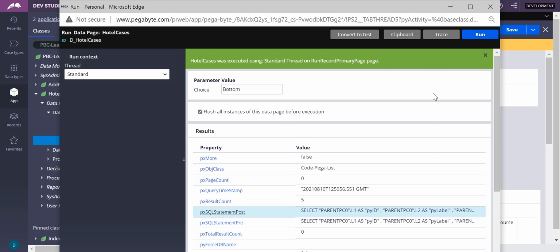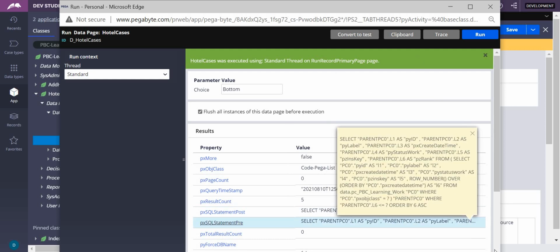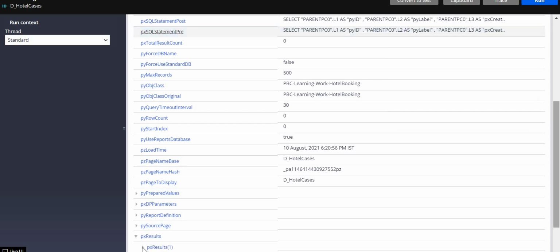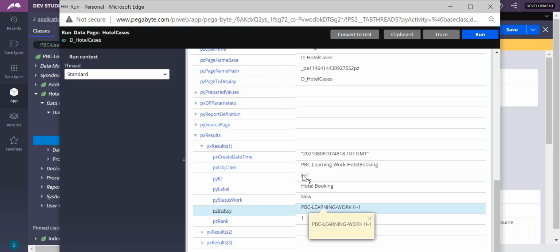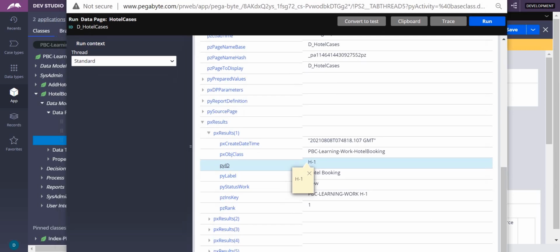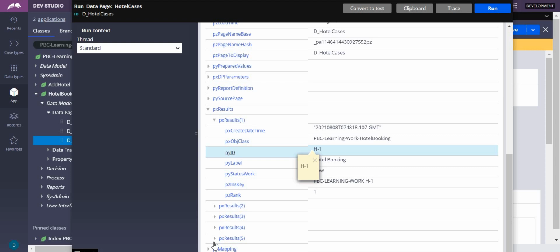But how do you know whether this is bottom 5 or top 5? Go back to px result. In px results you can see h1 has come first, because h1 is the first one which we created. So px results of 5 would be h5, the 5th record.